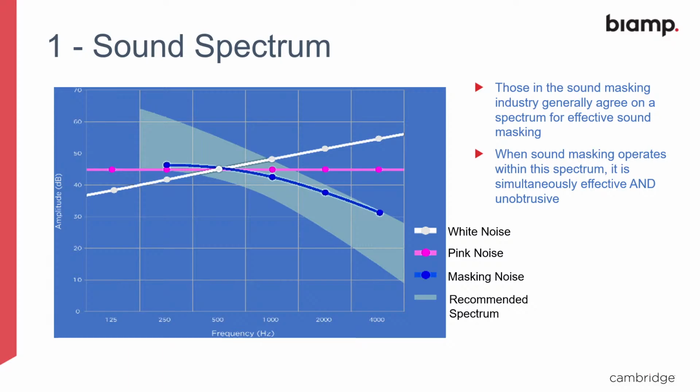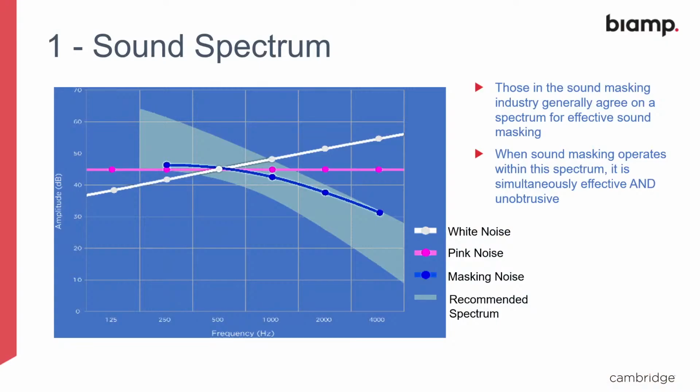All right, so let's talk about something called speech privacy. What is speech privacy and why would we need this? Well, that's probably the most critical reason why you would want to use sound masking, and that's what we were talking about earlier. You want to be able to have a private conversation in certain environments. But there are other factors as well related to speech privacy. It's not just having a private conversation. It's also about creating a less distracting environment. So if we look at a couple of those examples,